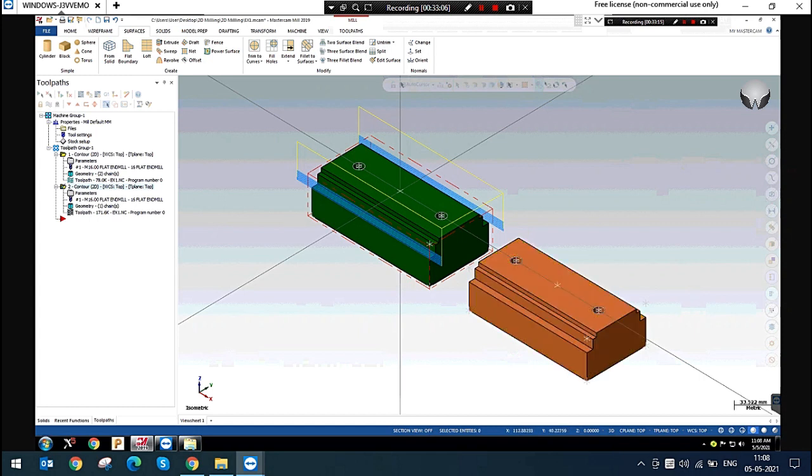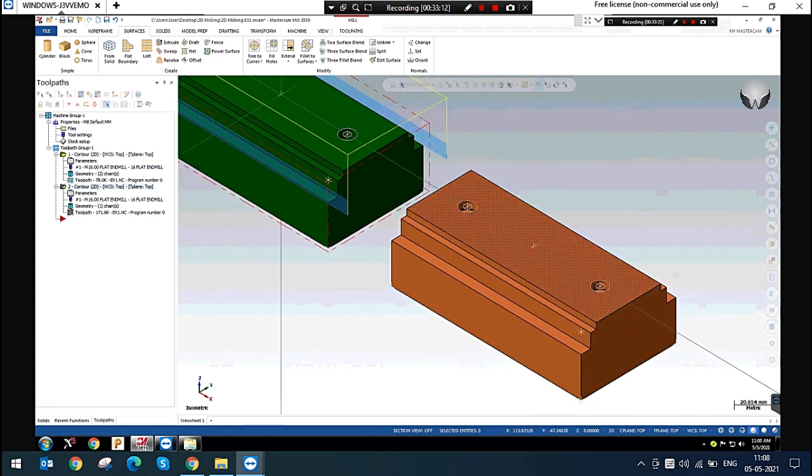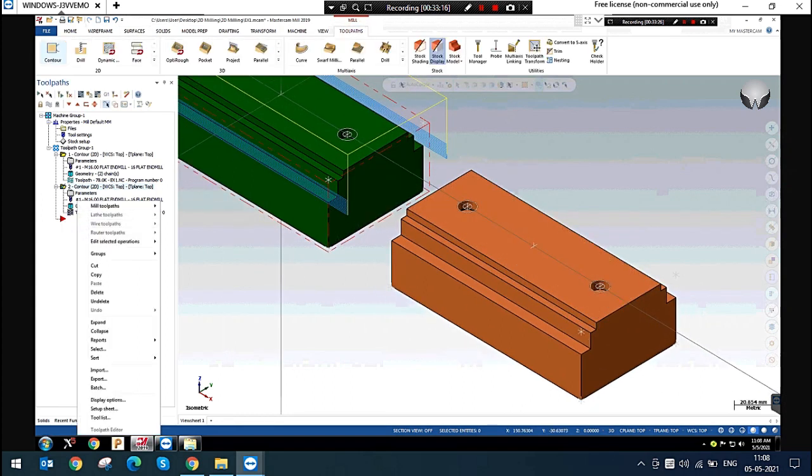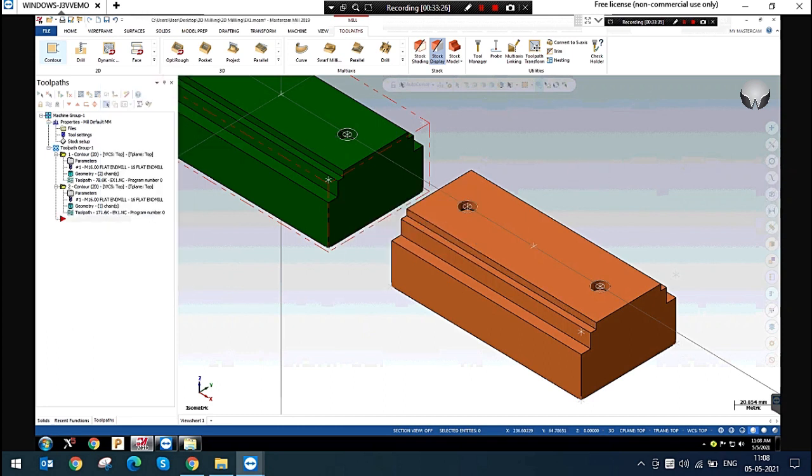I'm deleting the solids. Now it is a surface model. How will you select this chain contour? In solid we could not select the solid edge. In this case you need to create a curve.